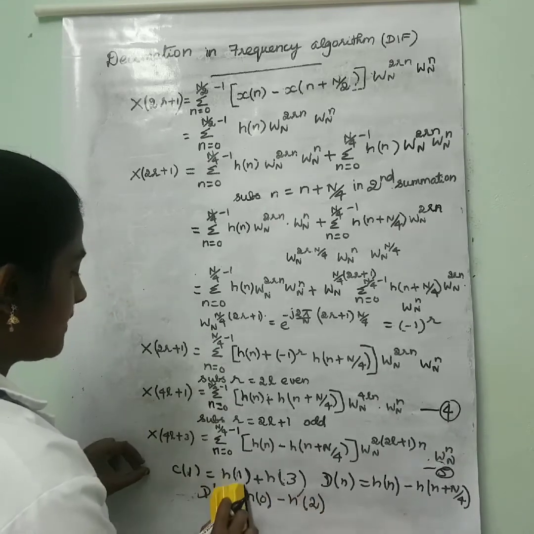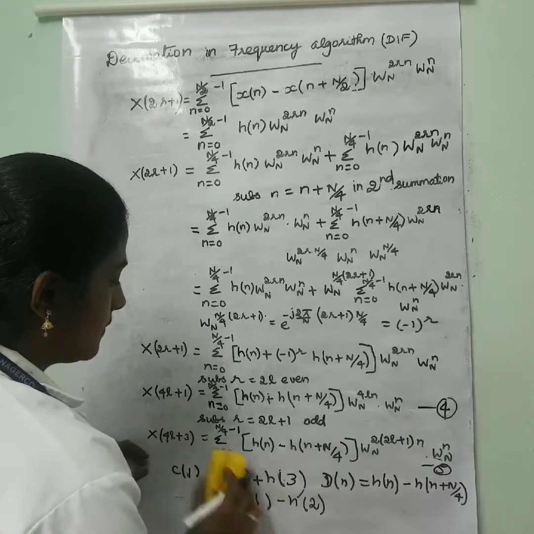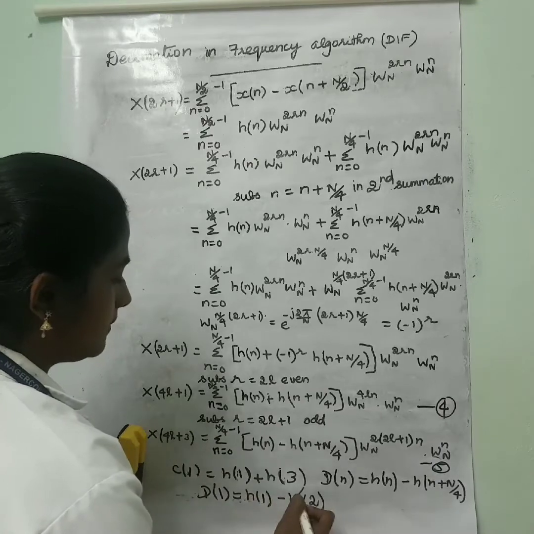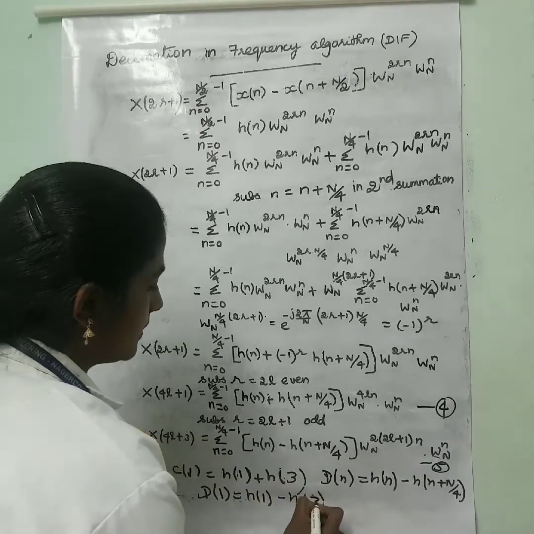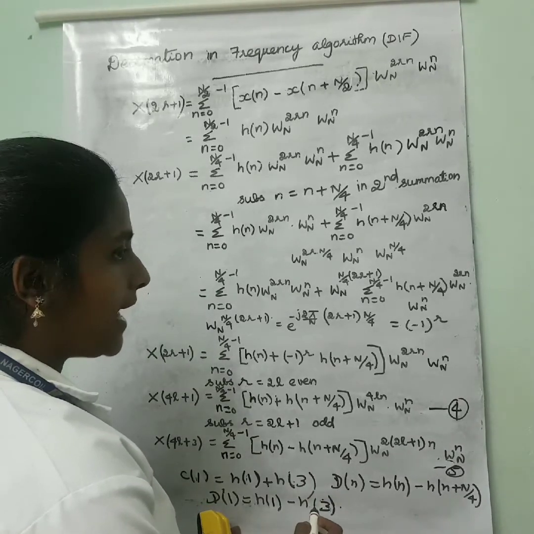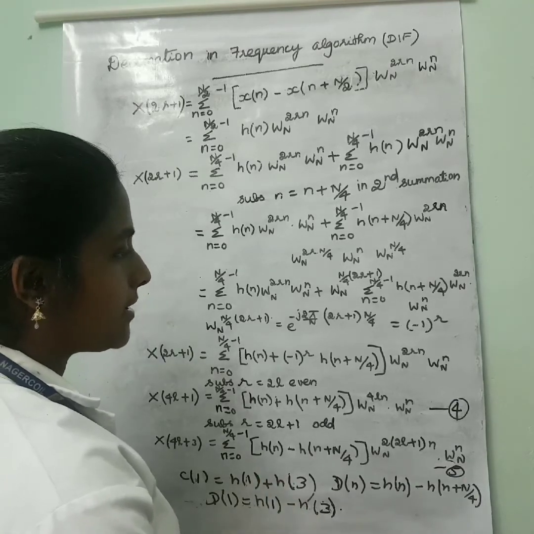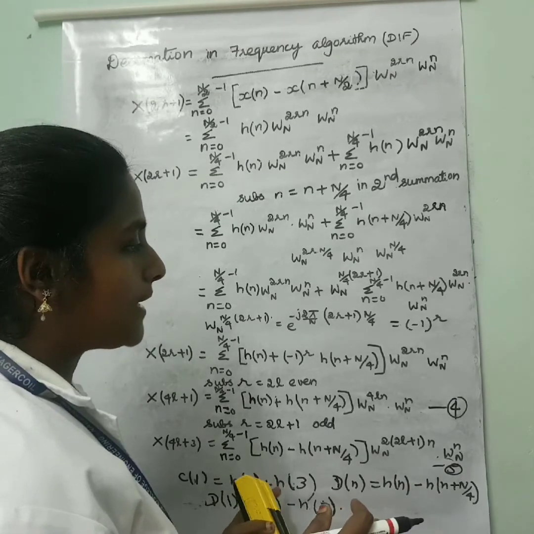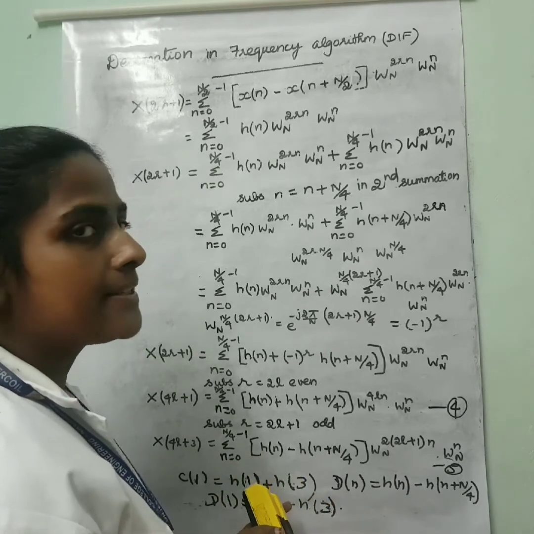Similarly, d of 1 is equal to h of 1 minus h of 3. So we have got these equations. To draw the butterfly diagram of the second stage and third stage from these equations, that can be seen in the